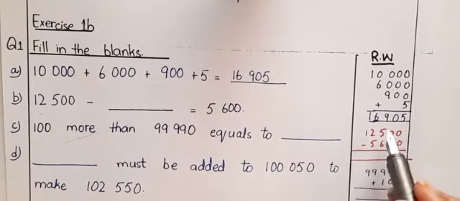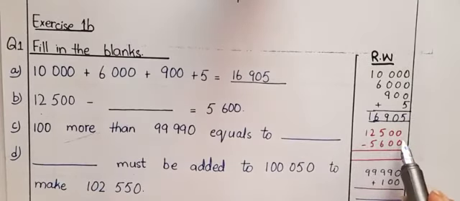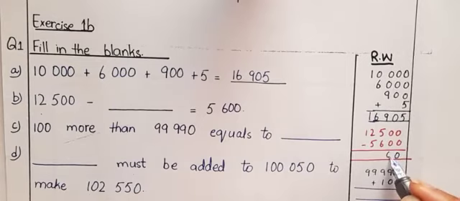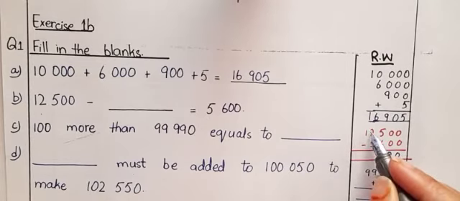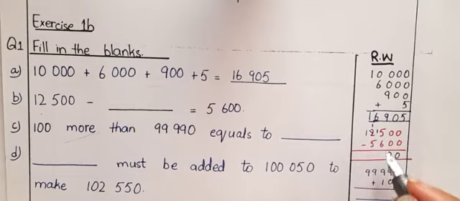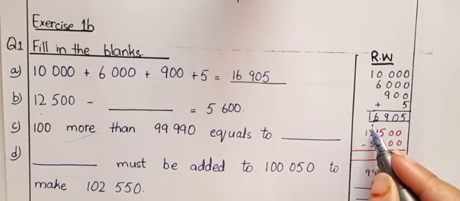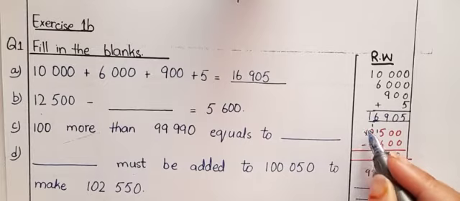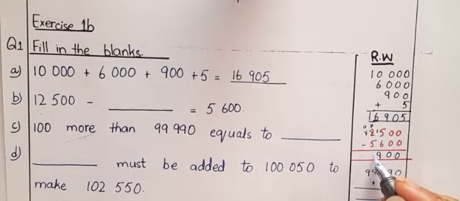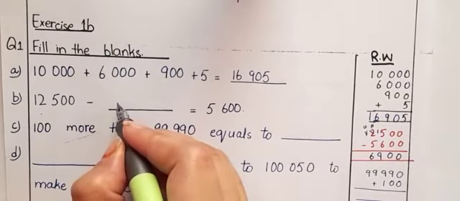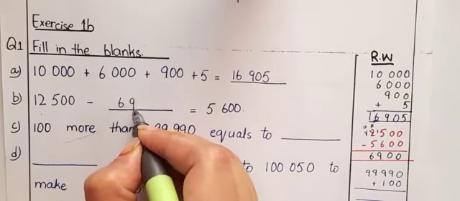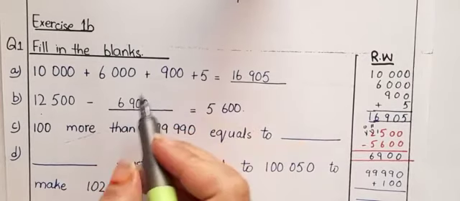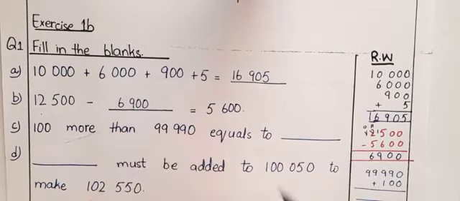So now here you can see I have written 12,500 and from the right hand side, I have written 5,600. Okay, 0 minus 0 is 0, 0 minus 0 is 0. Can I subtract 6 from 5? No, it will be 15 and it is 1. 15 minus 6 is 9. I cannot subtract 5 from 1, so this one will be 0 and it is now 11. Here you can see 11 minus 5 is 6. So our answer is 6,900, and in international place value, we have to give spaces after 3 digits from the right hand side.